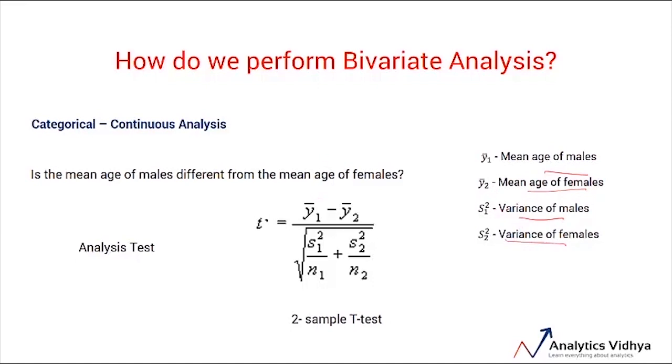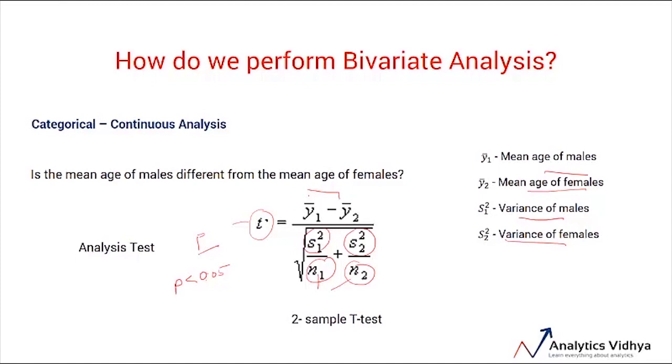So what it basically does is it takes into account the difference of the means, that is this, and the variances of both the samples along with their sample sizes. So N1 and N2 represent the sample sizes. This formula over here returns a t-statistic which can be used to calculate a probability. For example, if this p is less than 0.05, then the difference between the means is statistically significant. We will see the implementation of this test, which is called the t-test, in the next video in Jupyter Notebook.